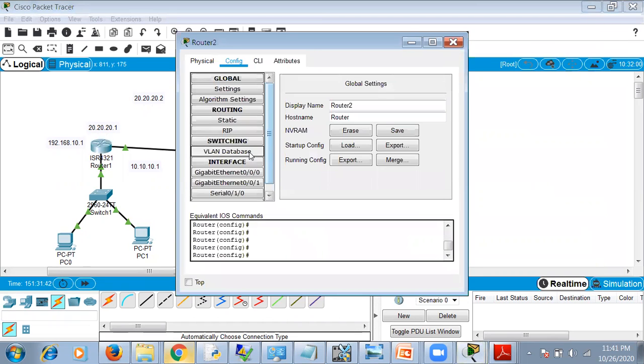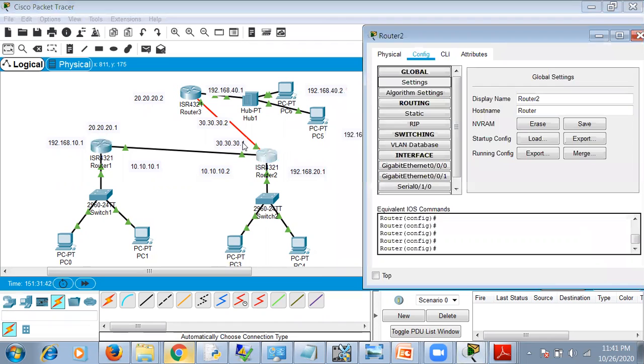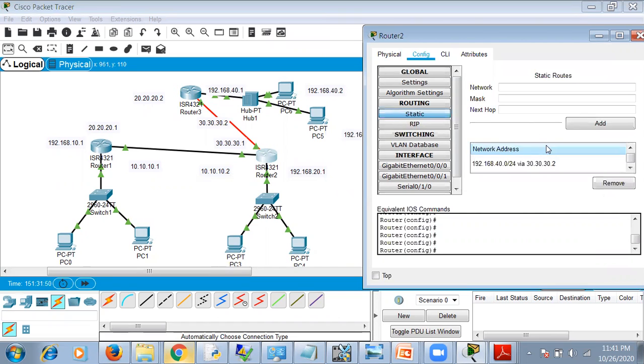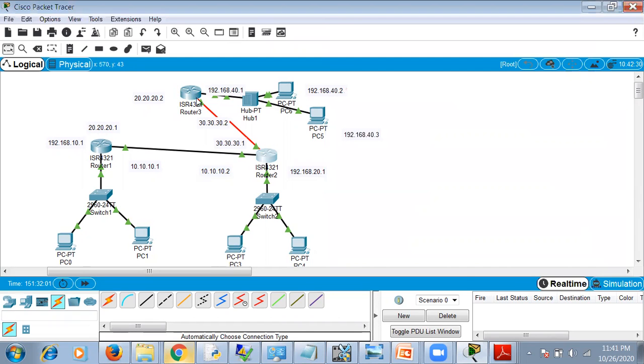For this one, now you have two links. So it can either go through this router or this router. So to go to this LAN, it has to go to 30.2. If it has to go to this LAN, it has to go to 10.1. Okay, so this is proper.